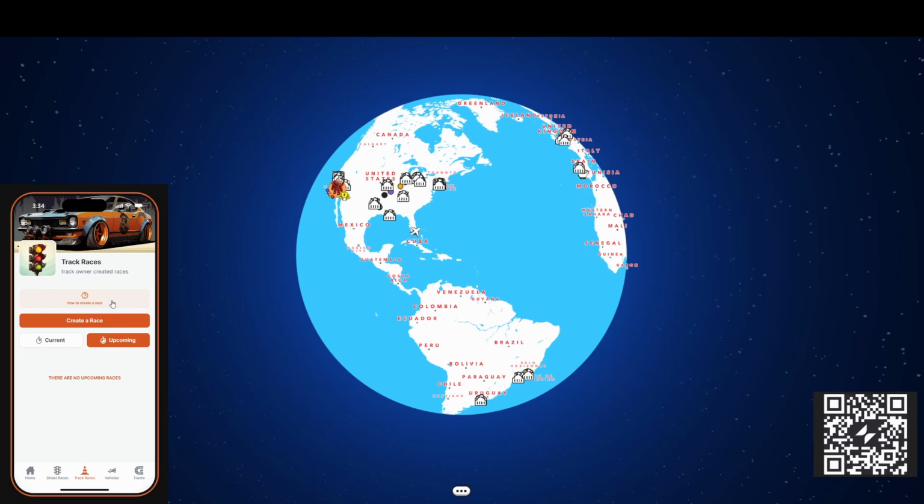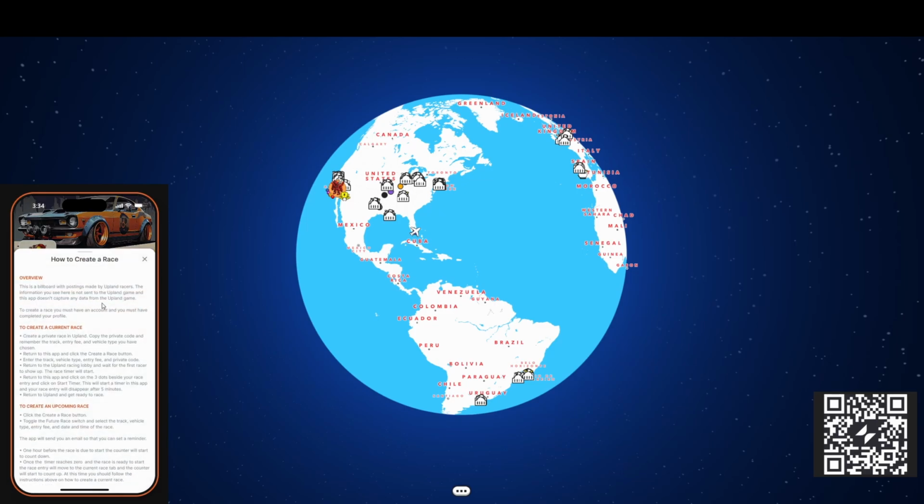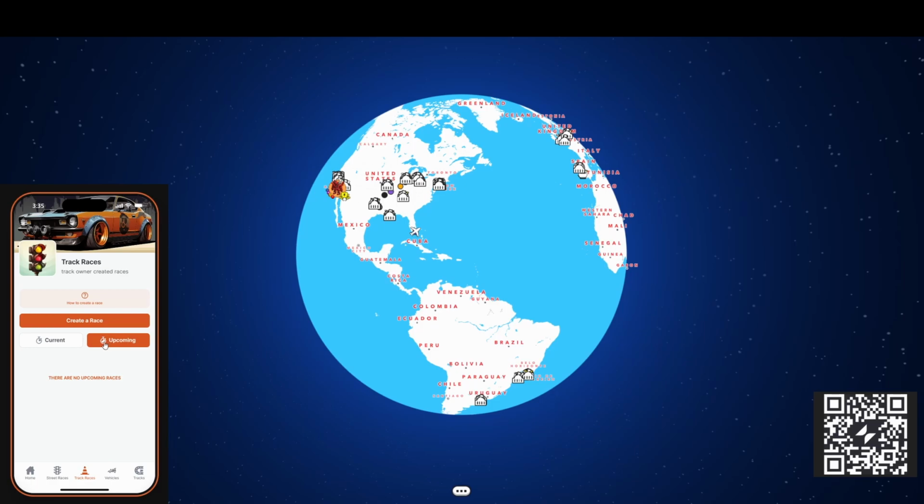The track owners have the ability to create a race. Ordinary players won't see this create a race button, and instead they'll see a tab that says how to join a race. There are current and upcoming races. Right now there are neither, and so what we're going to do is create a race,